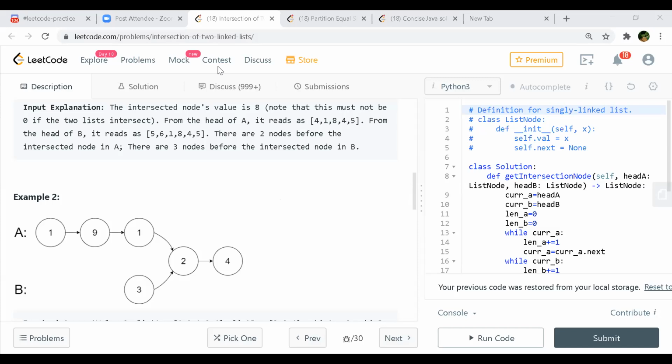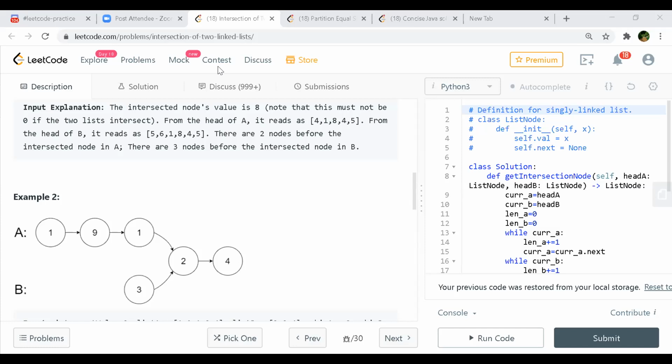No, he's not saying to reverse, but when you traverse and when the B reaches 4 first, because it is the shorter list, what you need to do is take B's pointer and start from A's start. Then you keep on doing it, and at the same time the previous A pointer will reach 4.